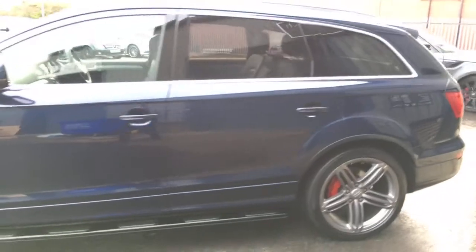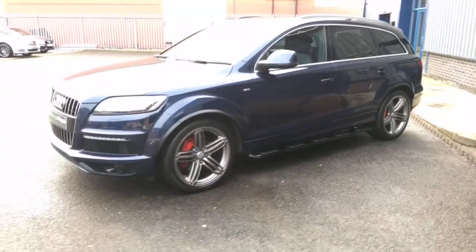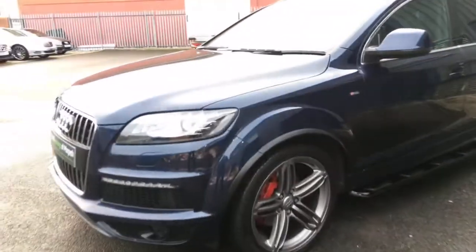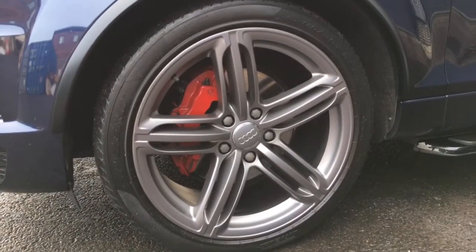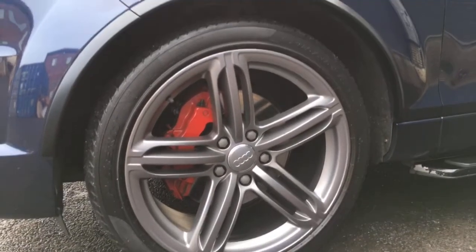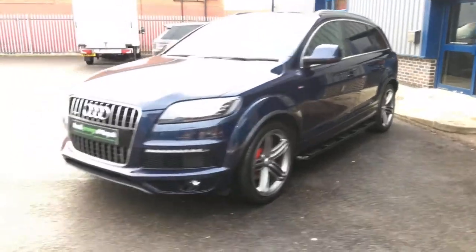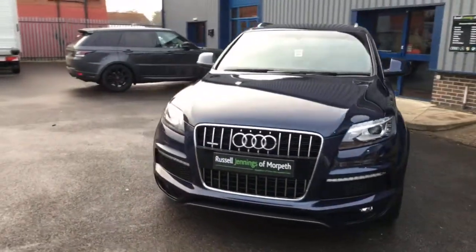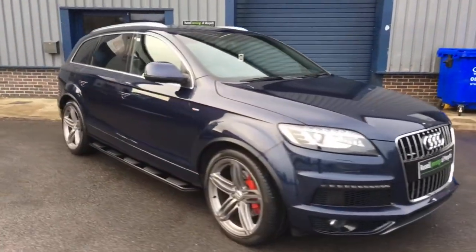The S-Line Plus is a very high specification car. Comes with the privacy glass, front rear park distance control, along with the rear reversing camera. It's got a 21-inch grey 5-segment alloy wheel with the red calipers. Now if the calipers aren't to your taste, we'd happily have them painted black for you, which would be my preference on the vehicle. It's got the LED indicator lenses, daytime running lights,